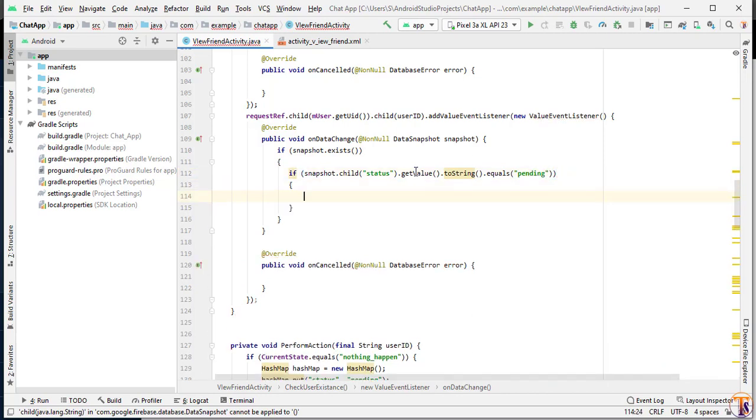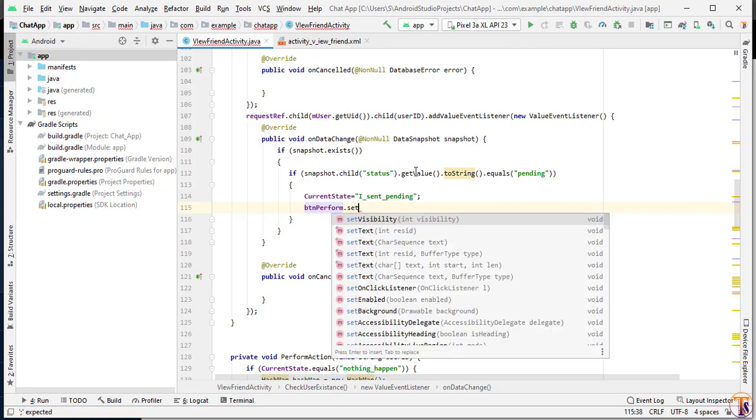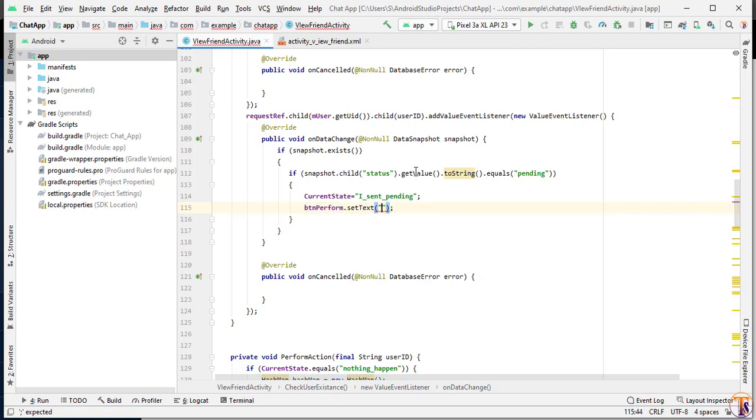Then we have to change the current state. The current state is that I sent it and it's pending. Now btn perform dot set text, and here we change our text so we can cancel the friend request.